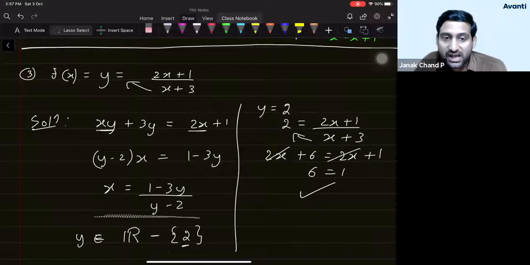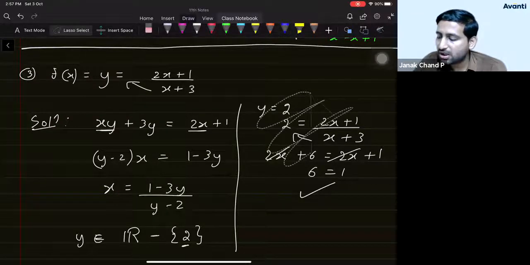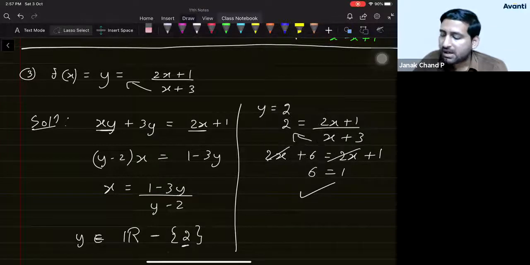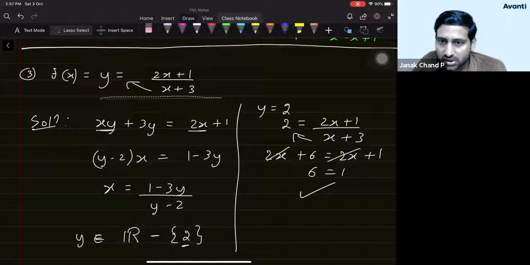This is not the actual question, right? We manipulate the question, and then this came out. If this was the actual question, then there is no need of doing this. And if I ask you what is the collection of all the proper values of x for this question, we would say everything except minus 3. There is no need of secondary verification required.